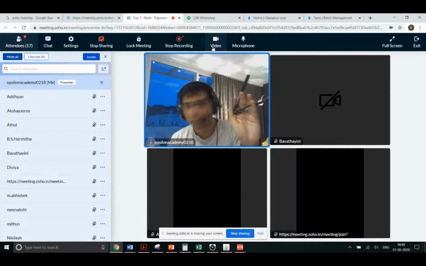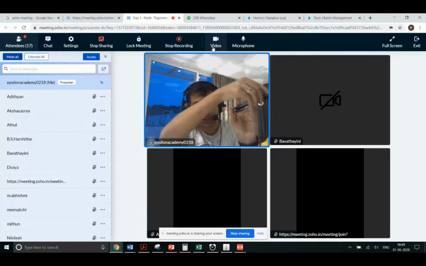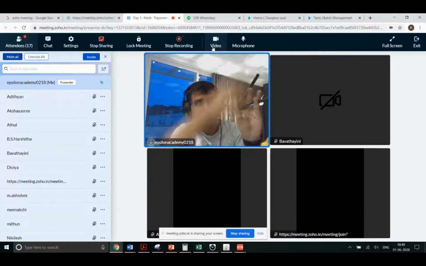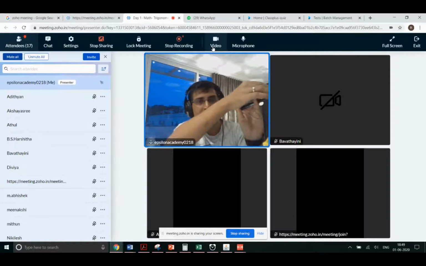Are you able to visualize what it is? How are angles actually formed? Initially it was 0 degrees. I rotated and brought it here. I made some angle, it is up to me. I will rotate and stop it here. But what did I do? I kept one of the markers as a reference, which means I kept it fixed, and I kept rotating the other one.